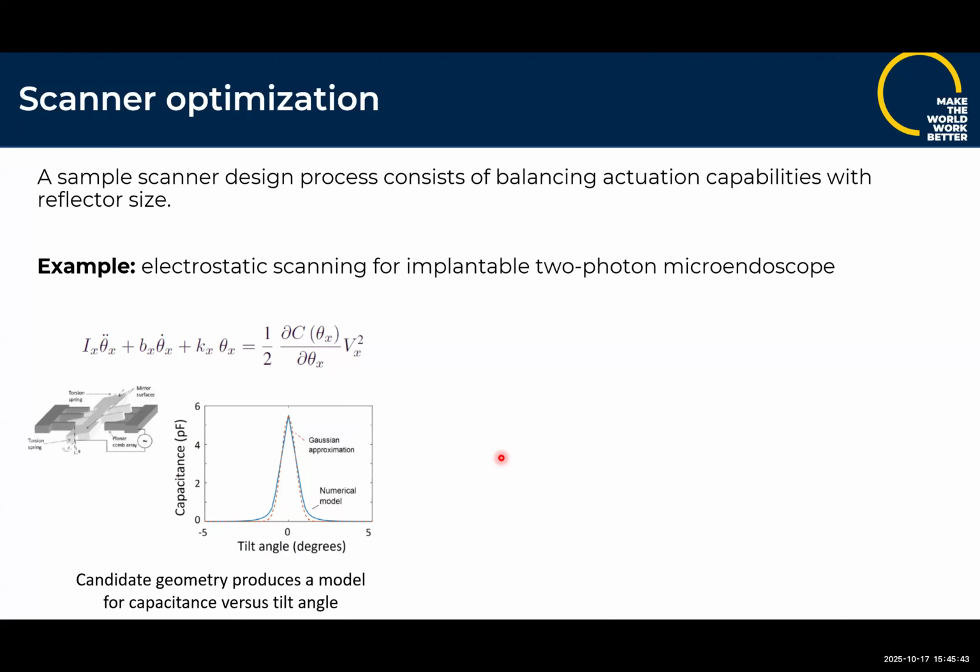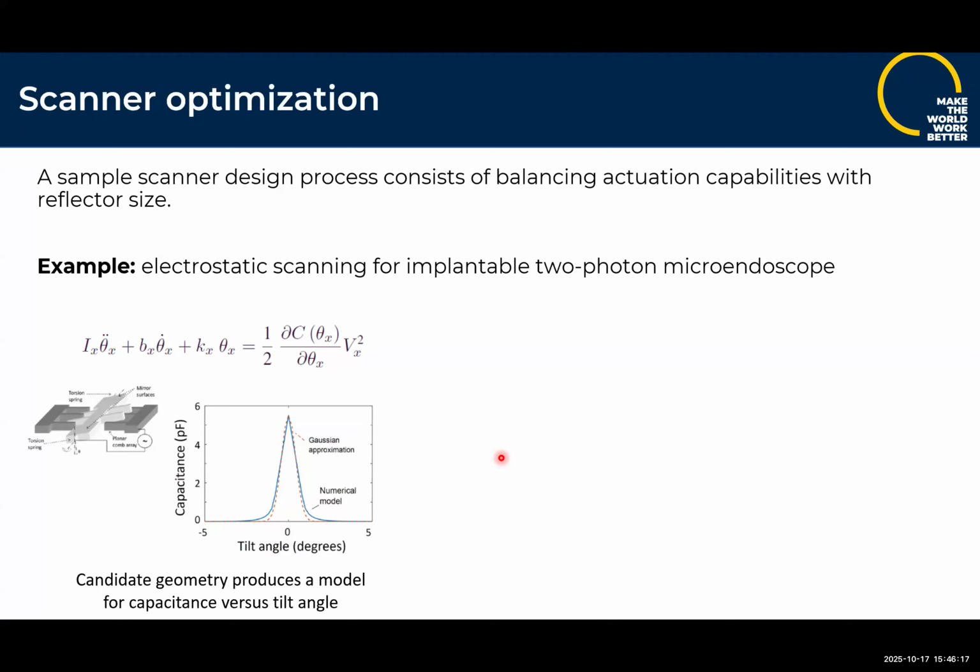electrostatic forcing, which can be described by the derivative of capacitance of the system with respect to the angle of displacement, or the axis that you're interested in. And so we will take a hypothetical mirror geometry, attach comb fingers to it, and build up a model of capacitance versus angle. For example, this is both a basically numerical approximation and then a Gaussian approximation of the capacitance versus tilt angle